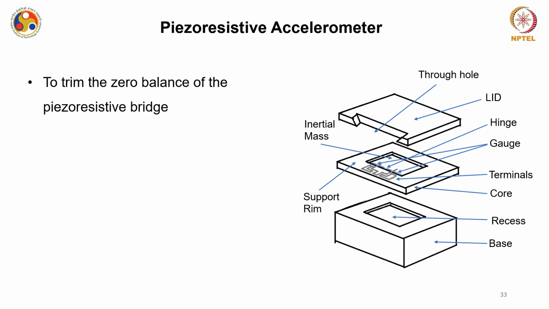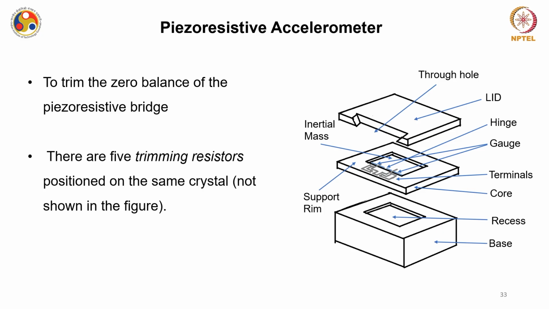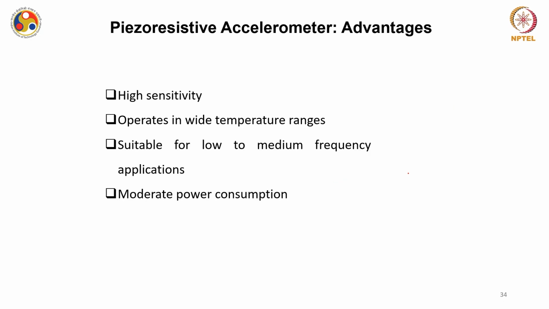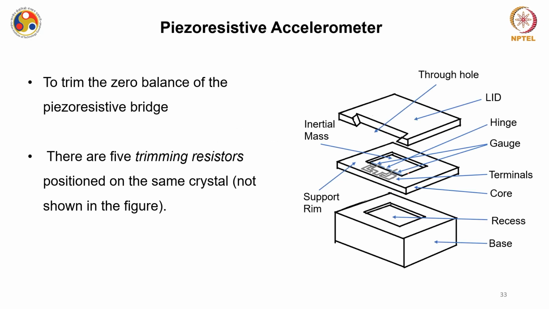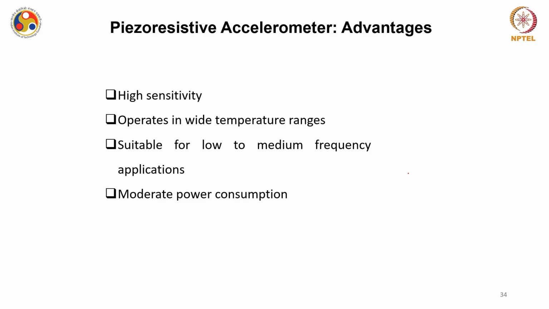Now to trim the zero balance on the piezoresistive bridge, there are 5 trimming resistors positioned on the same crystal. However, it is not shown in this photograph. So this is a typical fabrication technique of how piezoresistors can be used by placing them around a hinge which is connected to an inertial mass, and this kind of setup can be used for measuring acceleration. The advantage of this kind of system is they have very decent sensitivity and they can operate over a wide temperature range. They are suitable for low to medium frequency applications,